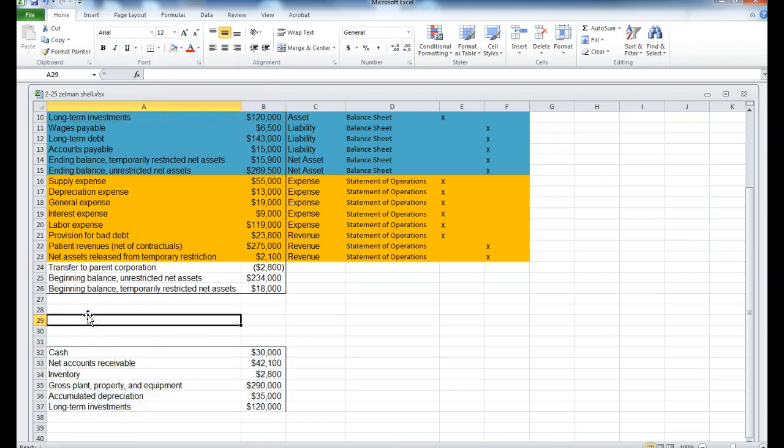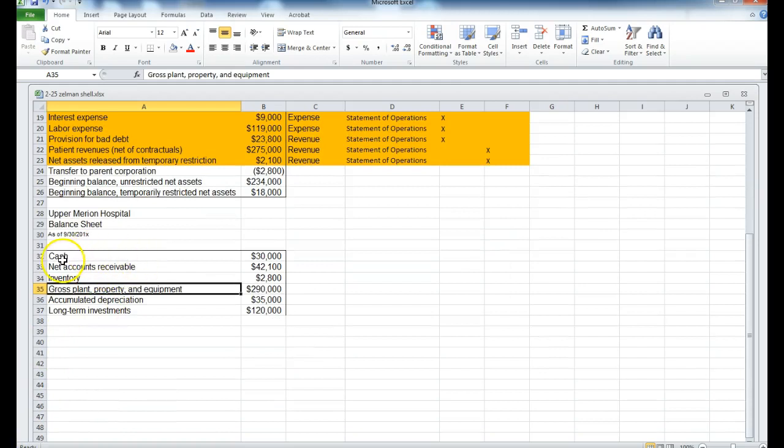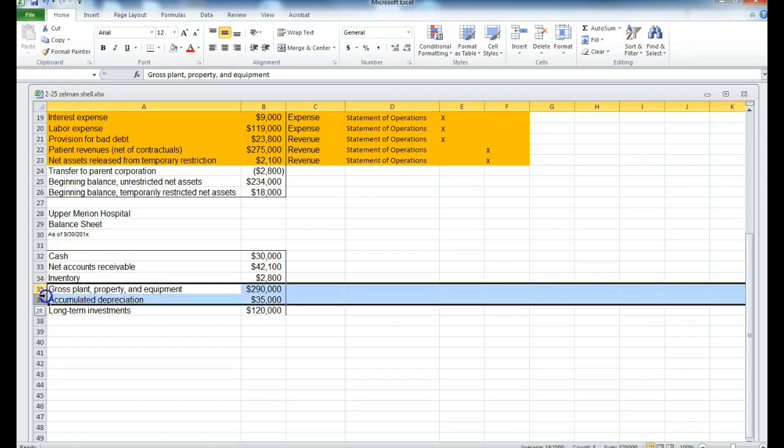Okay, so the name of our organization is Lower Merion Hospital, or Upper Merion. And this is our balance sheet, and this is as of 9/30/201X. So here we have our cash, net accounts receivable, inventory, and then we have our